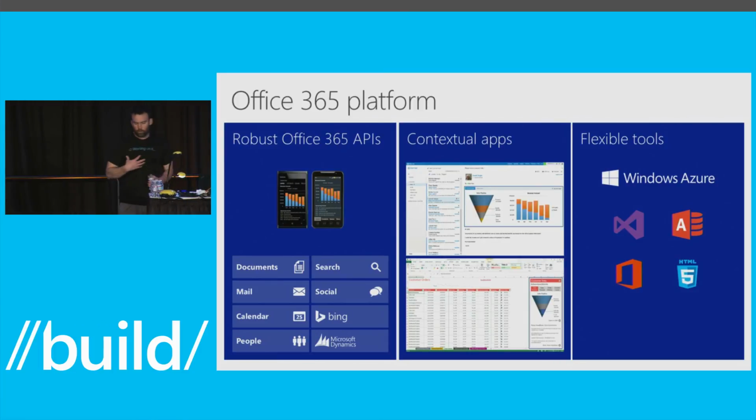So what we think of is those set of productivity apps that people build. Clearly we as Office aren't going to go and build every interesting mobile productivity app, because they're going to be point solutions, just like you see in the consumer space. There's going to be a huge swath of solutions that people go and build. Some of them will be tailored for a specific company or for a specific industry. And what we want to do is provide a rich set of services that those devices can use so they feel connected.